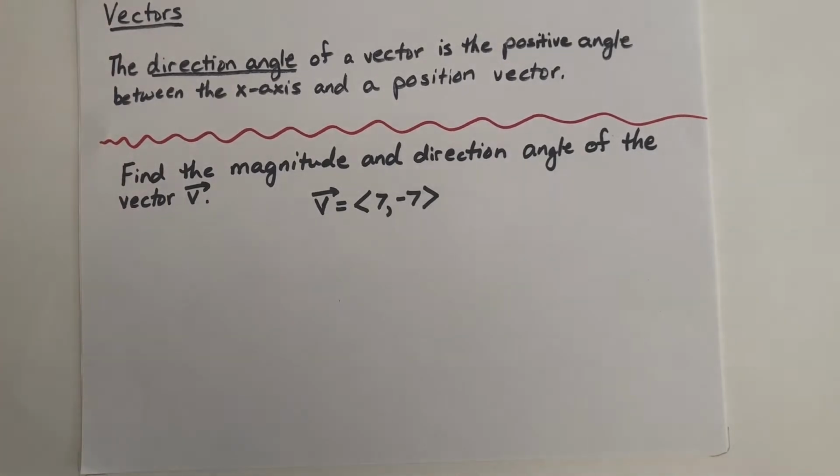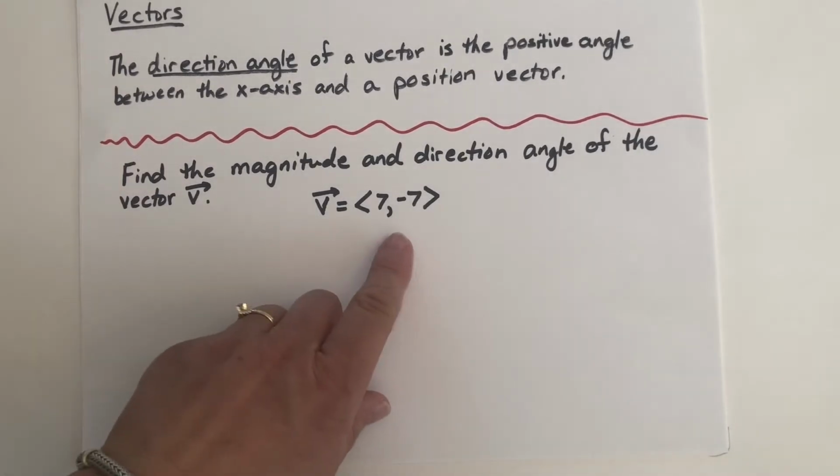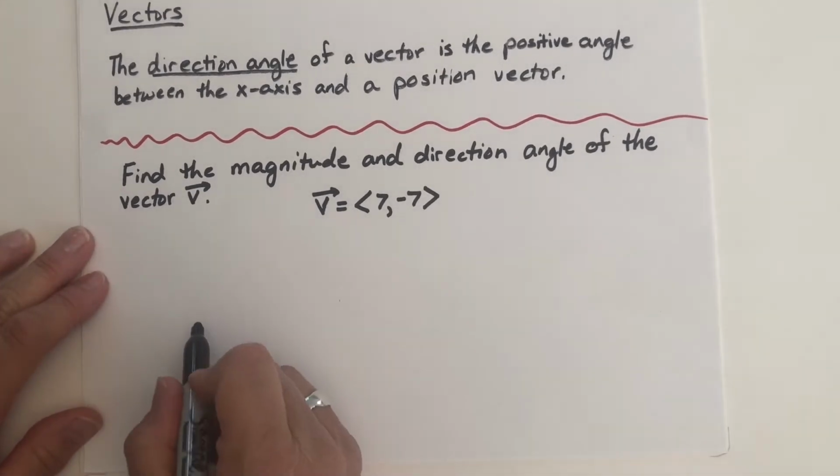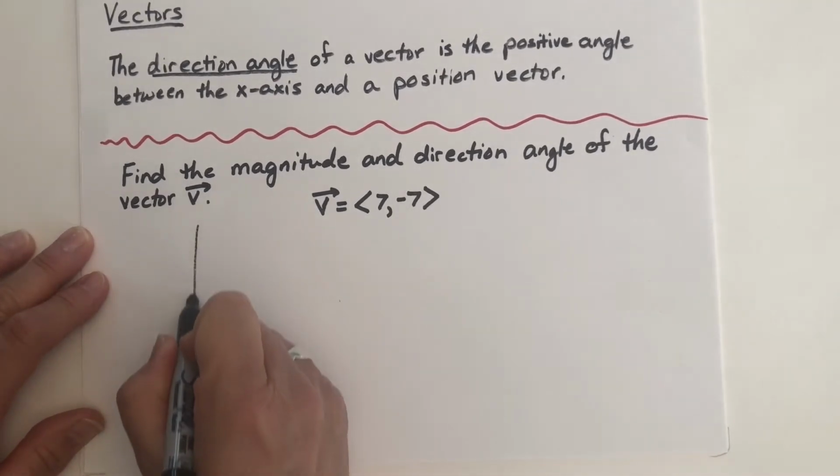The direction angle of a vector is the positive angle between the x-axis and a position vector. So let's move down to this problem and see this at work. It says we're to find the magnitude and direction of the vector v, and notice I gave it in component form. So we can just draw a picture, as we so often do in trig. So let's draw a picture of v,